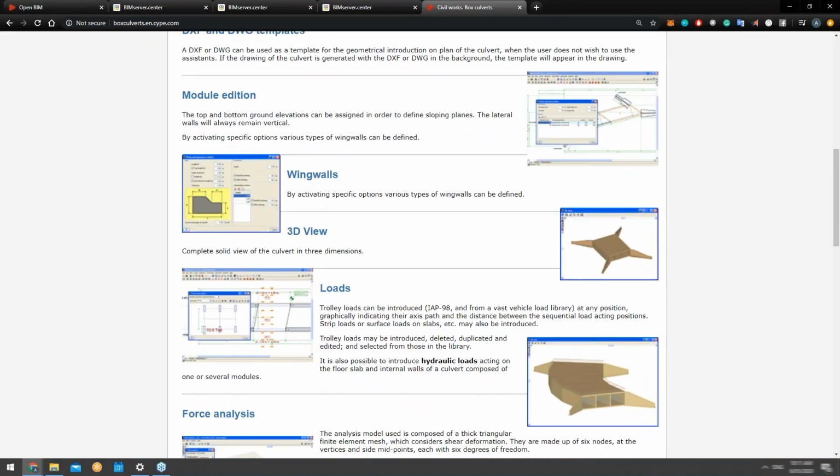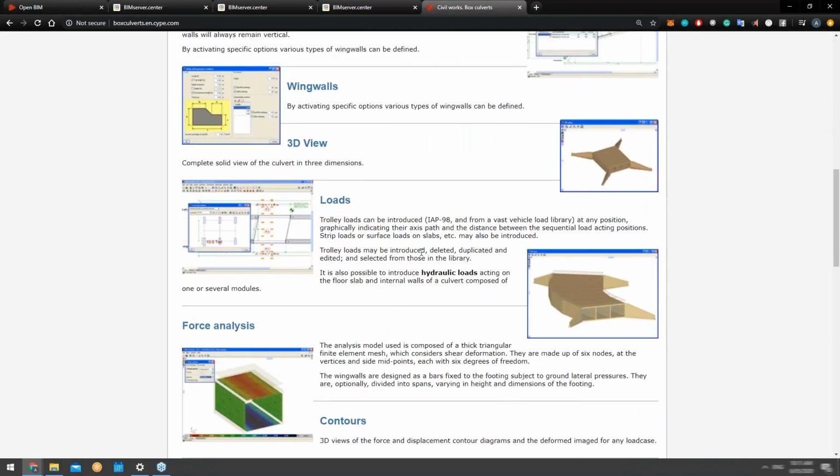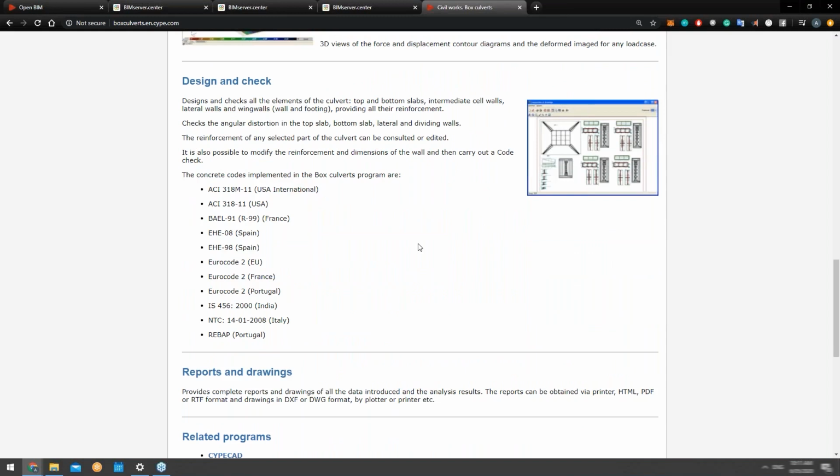Now, of course, all the different additions as well. So our models additions, there are also wing walls that we can add, 3D views, and the different types of loads that are attributed to the program. You can see, we'll go through this in a bit. We have some design models and checks that come from the implementation of different concrete codes. Now we're talking about reinforced concrete. So this is the list of the implemented codes as of today